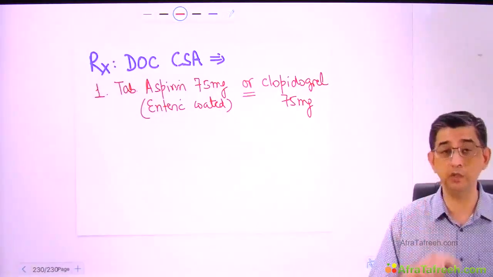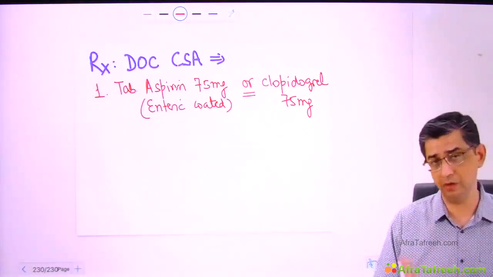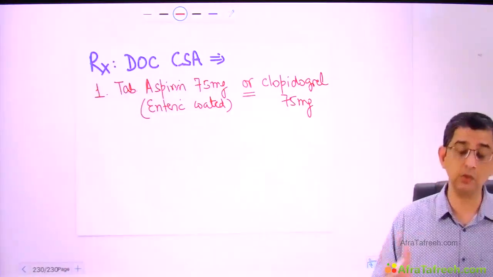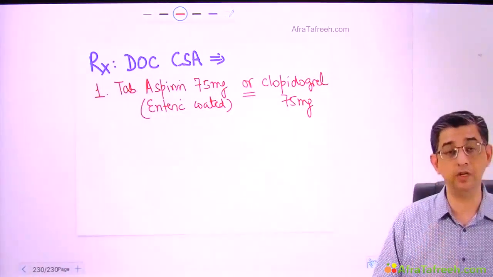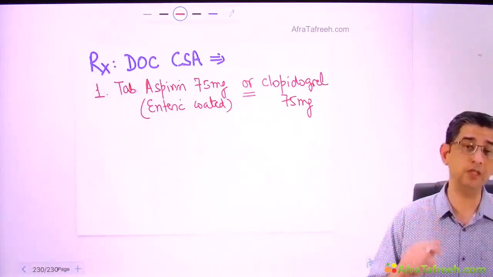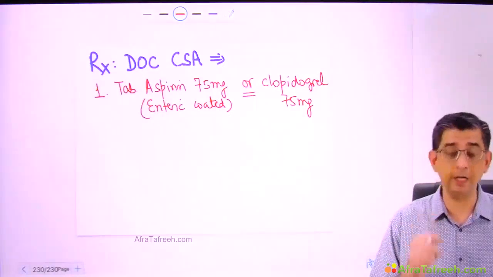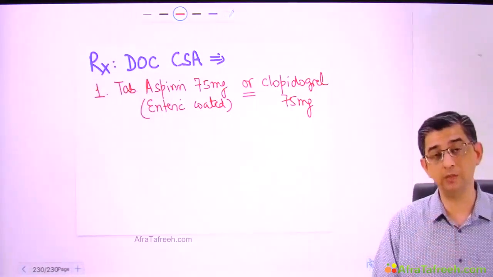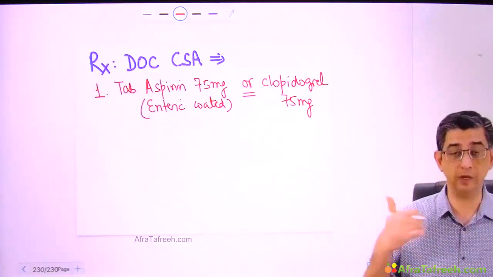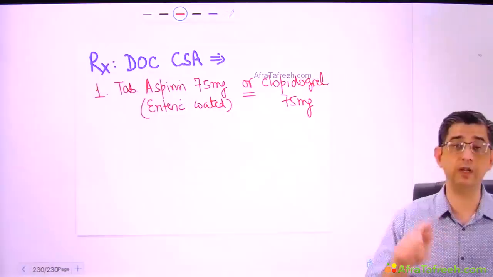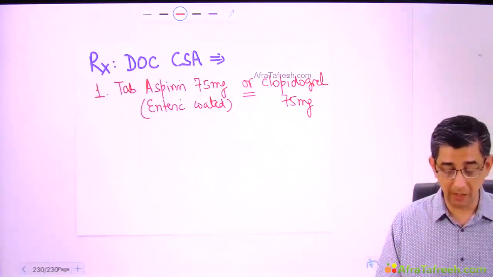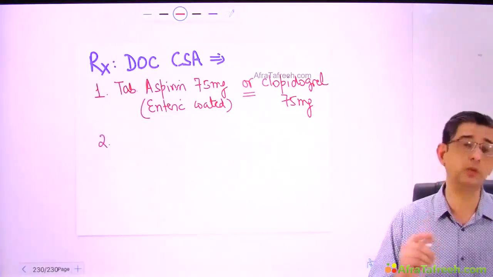That will be one in a case of myocardial infarction, that is STEMI or non-ST elevation MI. And second, we also give dual antiplatelet therapy in cases of transient ischemic attack. You will notice later on in the discussion me talking about the word DAPT. Dual antiplatelet therapy is useful in management of myocardial infarction. Dual antiplatelet therapy is also used in transient ischemic attack to prevent the development of stroke. But here, either of the two will be used to reduce the mortality.